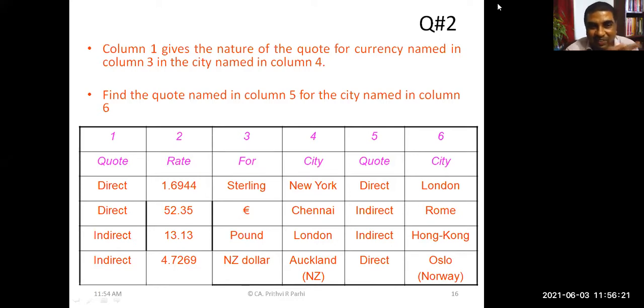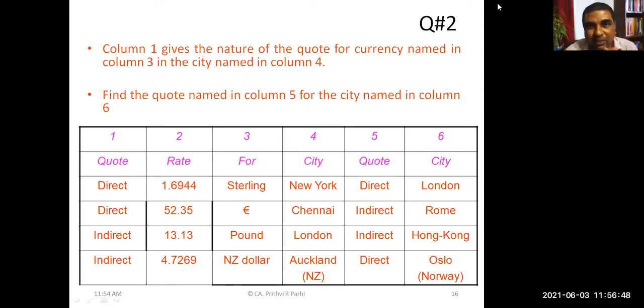Let us say you are dealing with international business and getting so many quotations from different countries, and you have to understand these quotations. Can you get a pen, paper and calculator right now? Then let us understand how to solve this issue. Let me read this question for you.